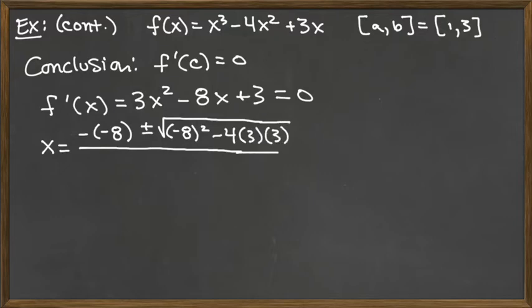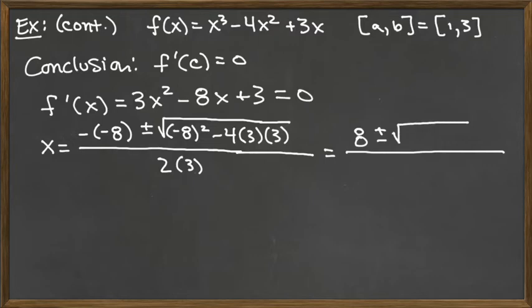So let's extend our lines here. And that's all over 2a, and a again is 3. So we've got a little bit of work to do here to clean this up, but we've got the -8, which would be just the +8 on the top there. Plus or minus gives us our two solutions here to the quadratic,